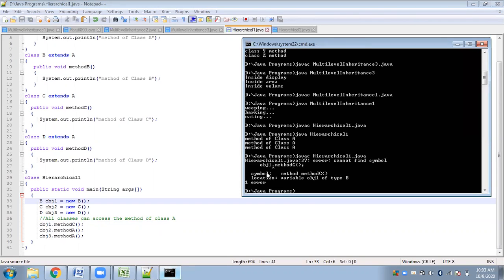See, cannot find object 1 dot method. Do you find the error here? Compile time error. This cannot be done because method C is from class C and object 1 is an object of class B, and they are not related to one another, so you cannot do that. Have you understood?